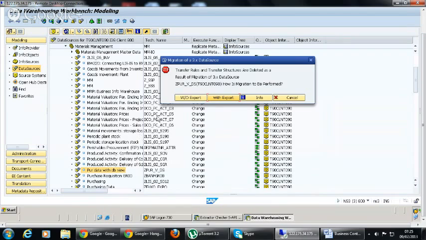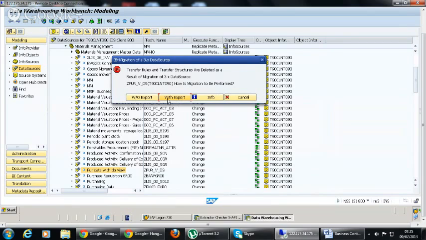Here we have two options, with export and without export. If you click with export, it means that in the future, if you want to revert it back to the 3.0 version, you will be able to do that.